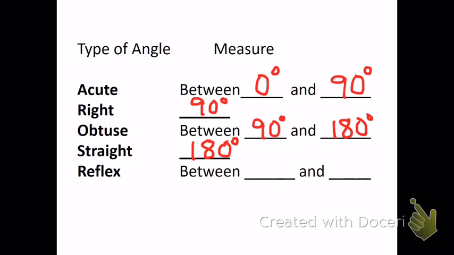And a reflex angle, we won't be doing anything with the reflex angles. There may be one homework problem the whole year that asks about a reflex angle. It's the long way around, okay? If you go the long way around when you measure the angle, it's between 180 and 360 degrees. Any questions on naming angles? Okay, let's look at some